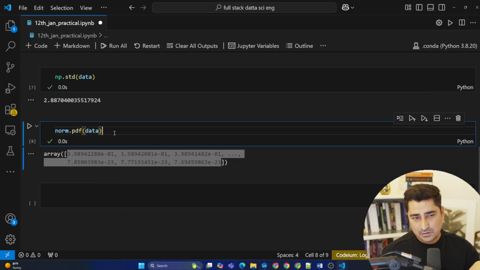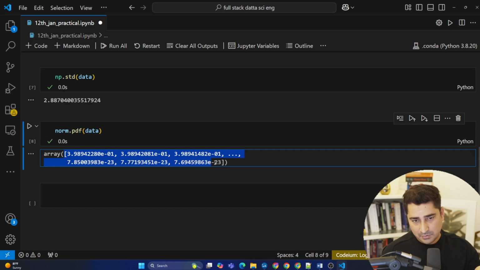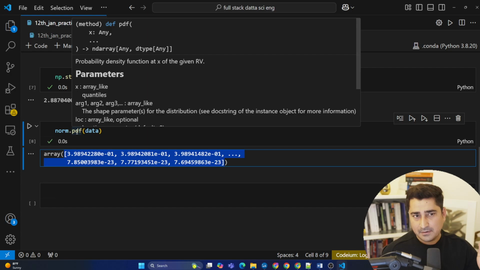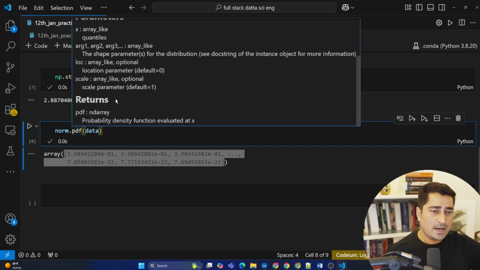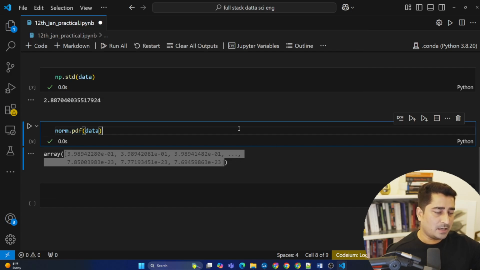So it is going to calculate this and give you the y. I have applied a PDF, which is the probability density function at x, for a given RV, given data points. This is what it says, even in terms of functions. So this is basically going to give you y at the end of the day, calculating everything based on the same formula. Okay, fine. So we are able to find the x coordinate, and we are able to find the y coordinate.